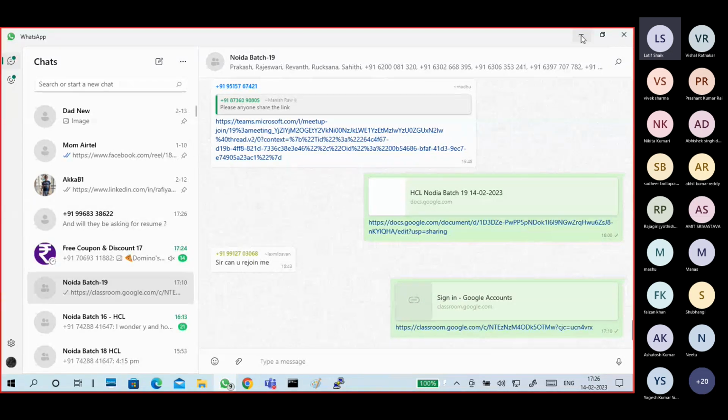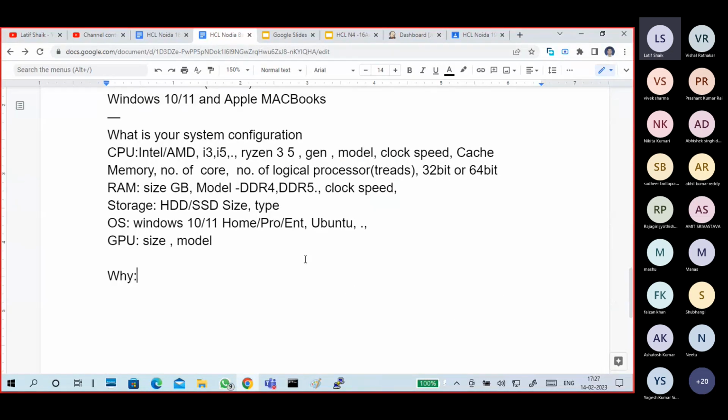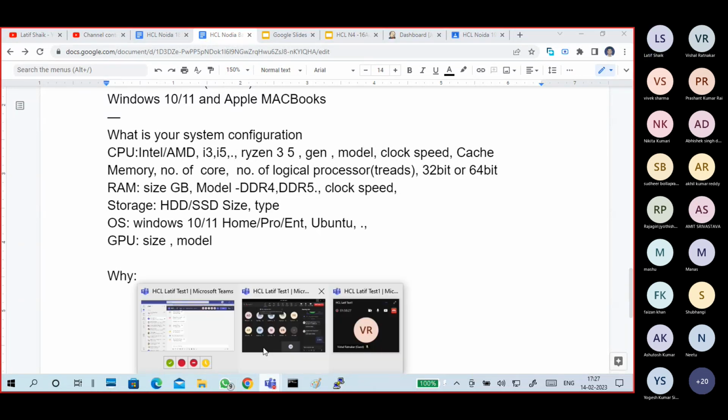If the topics are under your syllabus, we'll have to prepare the resume with this example. One second, guys.